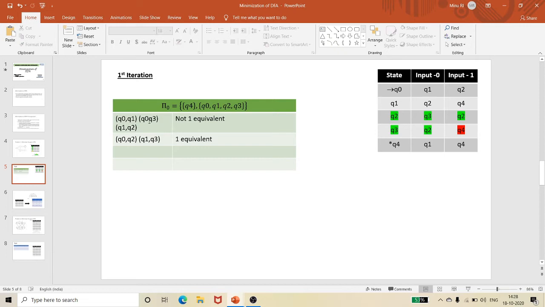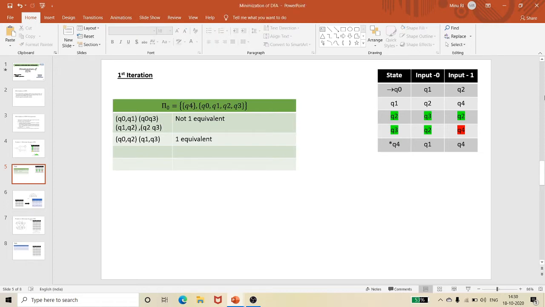So my Q2 and Q3 are also not equivalent. So I am able to find equivalency between Q0 and Q2, and Q1 and Q3, whereas Q0 with Q1 there is no equivalency, and Q0 with Q3 is also not equivalent.